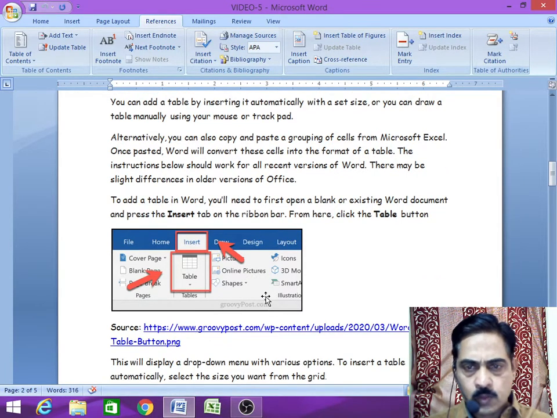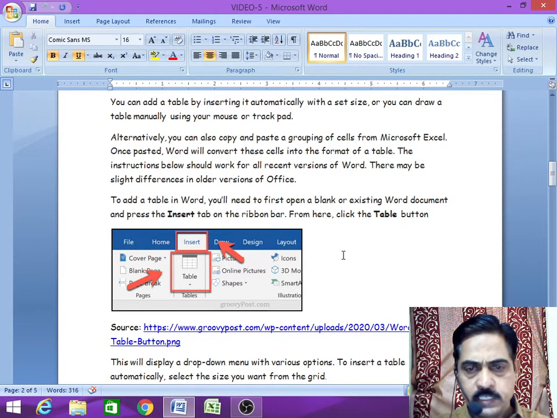When you open MS Word, to add a table in the blank existing Word document, you have to press the Insert tab, beside the Home tab on the ribbon bar.